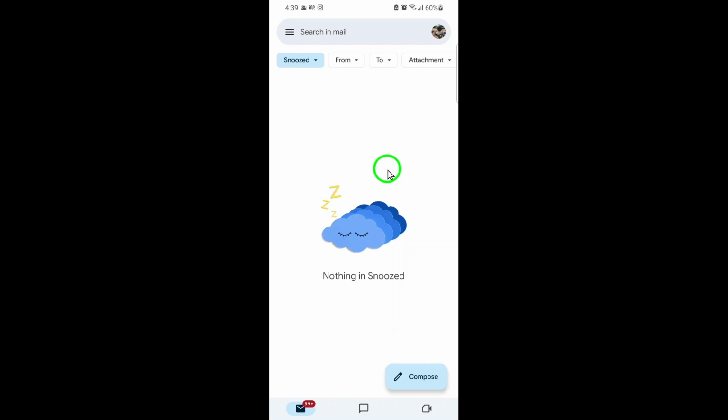notice a date or time. This is when that email is set to return to your inbox. You can open any of these messages, read them, reply, or even unsnooze them if you're ready to tackle them now. So the next time you're worried about missing a postponed message, remember, just head to the snoozed section in